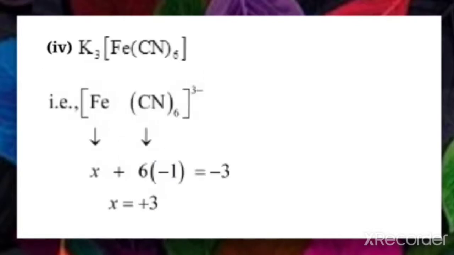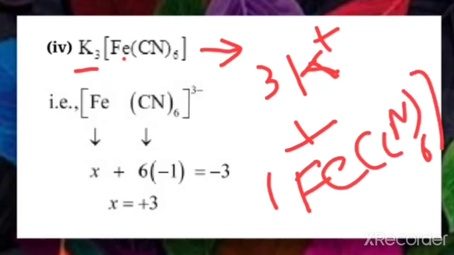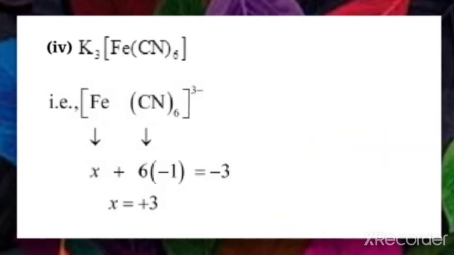Next, in this example the central metal ion is Fe, but here a counter ion is given, so it is better to ionize it. When you ionize it, because K is 3 here, 3 K+ will be ionized. So 3 positive charges are removed, and the charge that develops on the complex is 3 negative. Why? Because 3 K+ are removed. So finally the complex has 3 negative charge, and that is the complex given here after the removal of the counter ions.